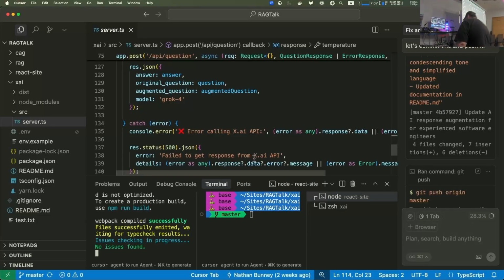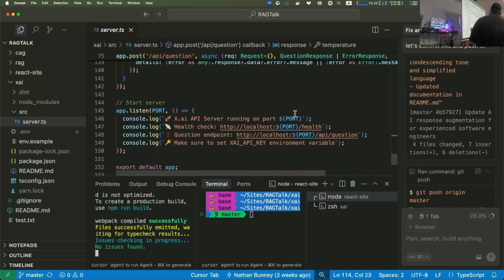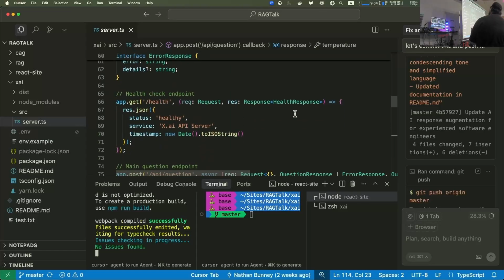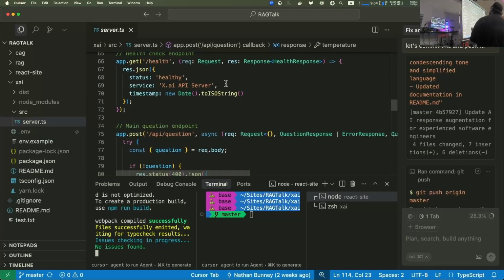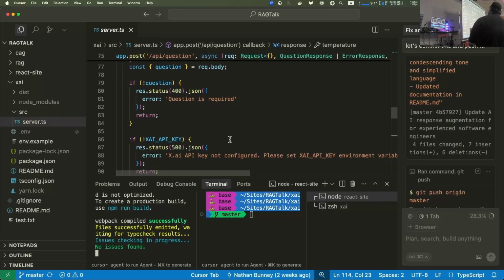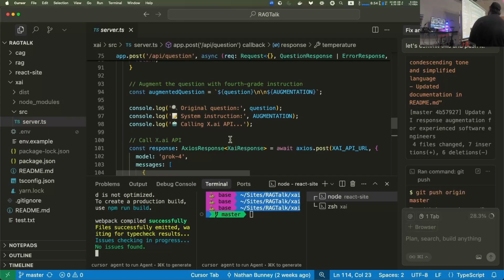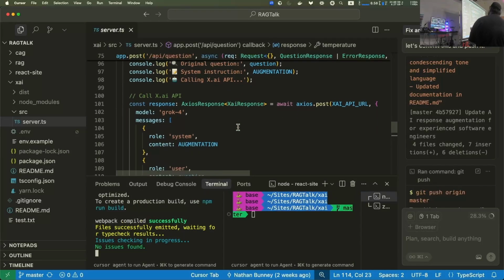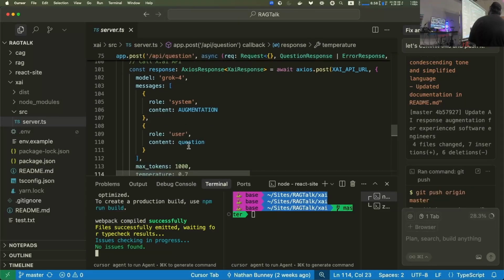In any case, what we have here is just an Express server, some types up top, a health endpoint, and here's the endpoint. It requires a question, requires a key, and then you're going to get some console logs down here to see what's going on. Text editor is good enough. And then I'm going to talk about some of these things here.